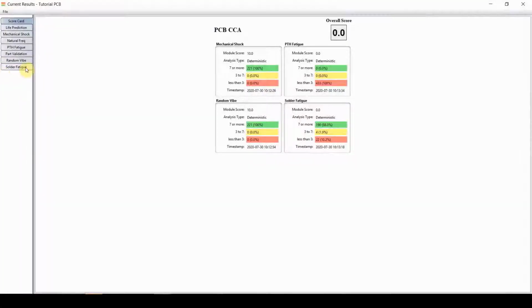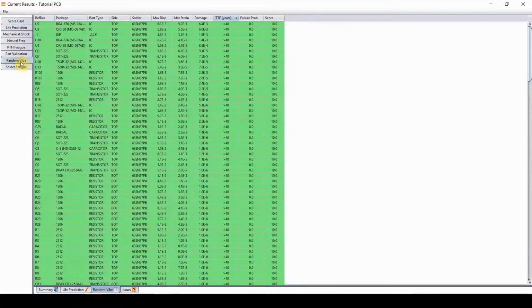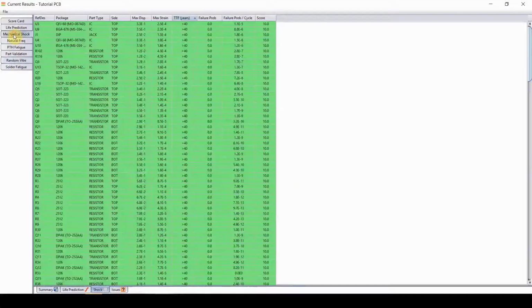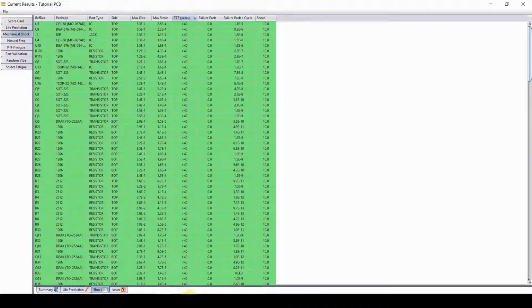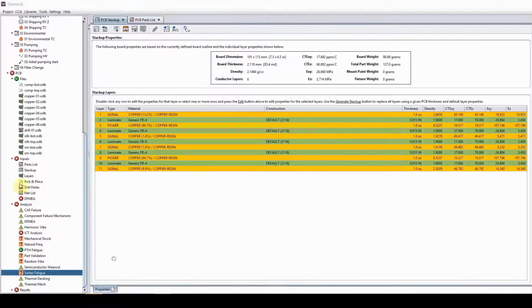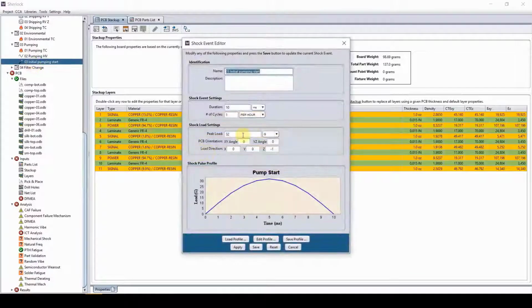Now let's see how we can actually address these problems. Right now we know that we don't have any problems with the random vibe or mechanical shock, but if we did have problems with this, let's go ahead and change our mechanical shock to something that gives us a problem. Let's just change this peak load from 32 Gs to 100 G